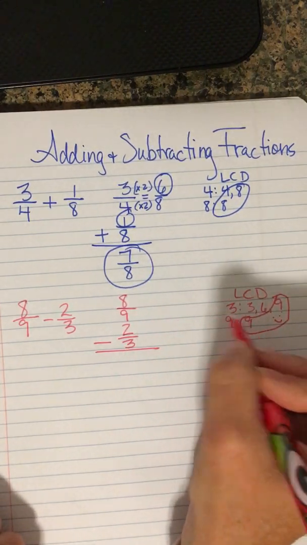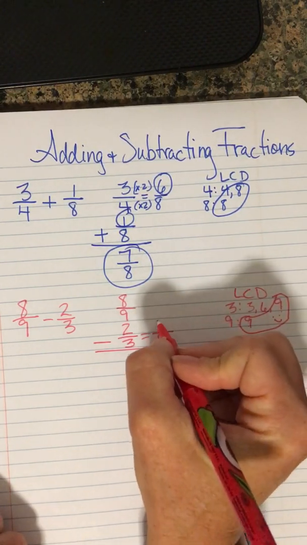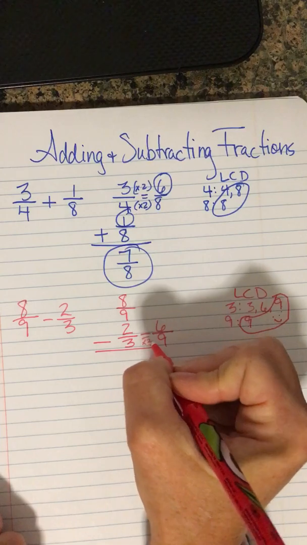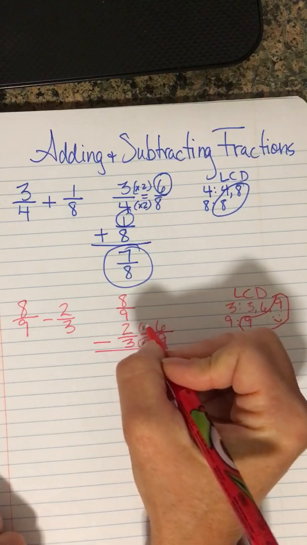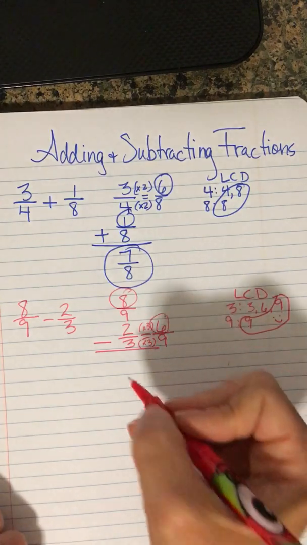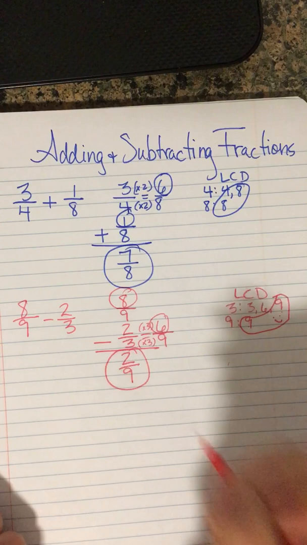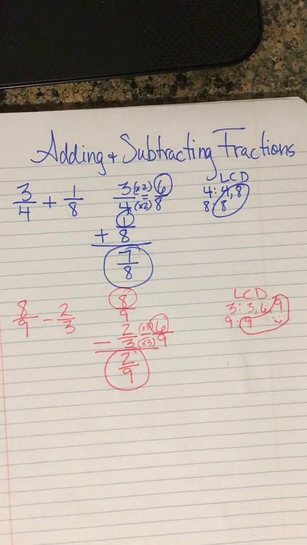So I can leave the 9 alone and change 2/3 into 9ths. 3 times 3 is 9, so 2 times 3 will be 6. Now I can subtract 8 minus 6 is 2, and 2/9 cannot be simplified. That's my final answer. The thing you're going to have to be careful on are the word problems, because you're